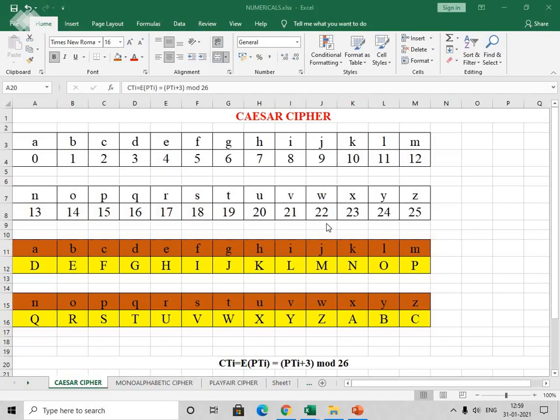Hello students, in this session we are going to study substitution ciphers. In the classical encryption techniques, there are two basic types. First one is substitution cipher and another one is transposition cipher. In the substitution cipher, one element of plain text is substituted by another element. That means we are going to replace that element with another element, right? These ciphers are also called monoalphabetic ciphers.